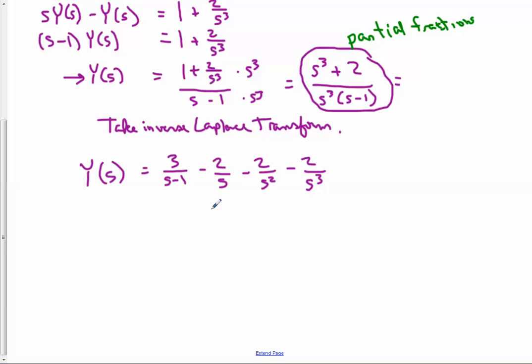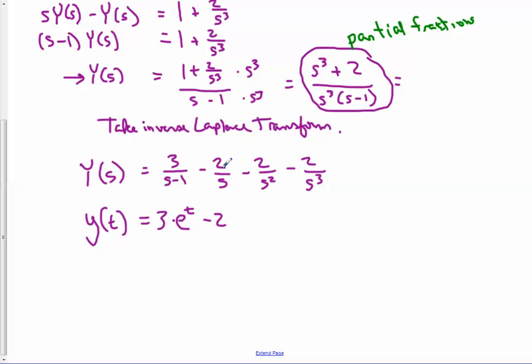Okay, so now it's going to be a piece of cake to just translate back to original functions in the world of little y. All these numerators, 3, 2, 2, and 2, are just multiples, right? So this is like 3 times 1 over s minus 1. This is 2 times 1 over s. So those multiples are fine. And then we just have to find functions whose Laplace transforms are 1 over s minus 1. Well, that one is just e to the 1t